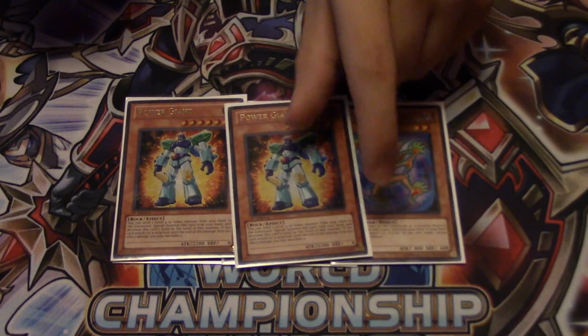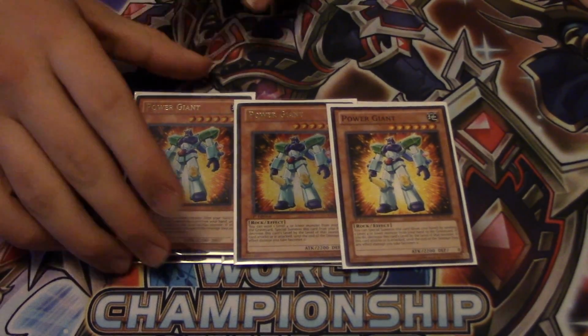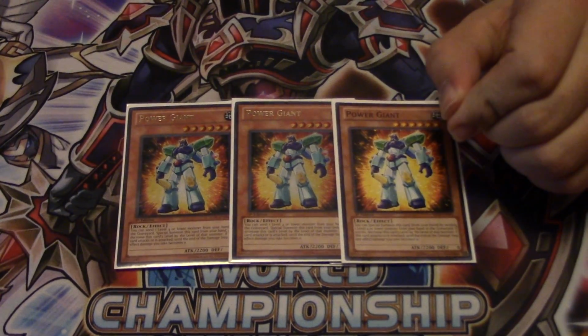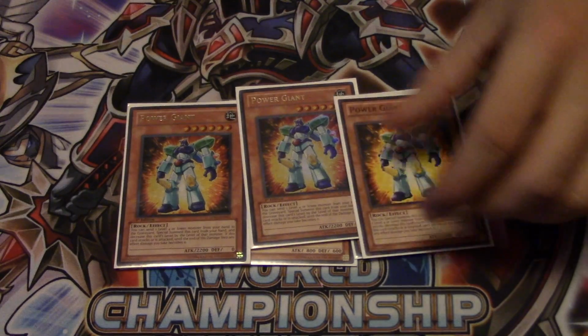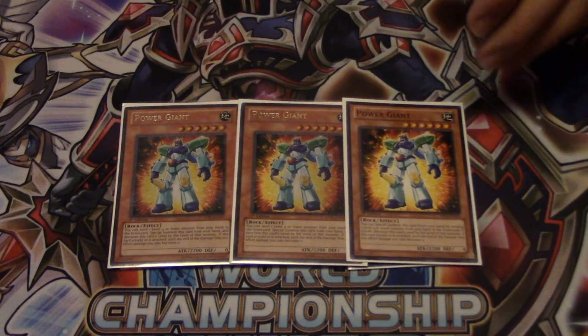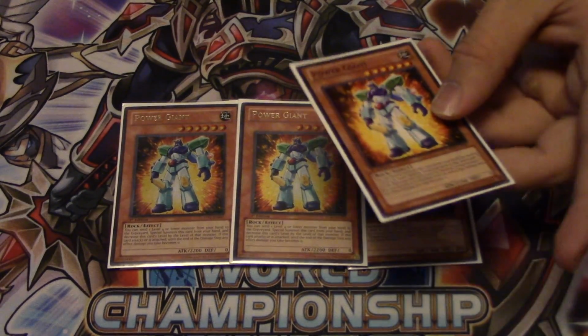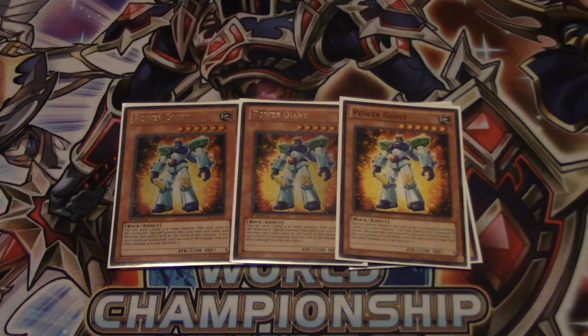Next we're playing not 2 but 3 Power Giant. This is one change that I made, and I actually cut a Hat Tricker for this third Power Giant, because one thing that I can say with the past few weeks of playing this deck a whole lot is that I just don't feel like there's enough discard outlets for cards like Level Leader, and I wanted to